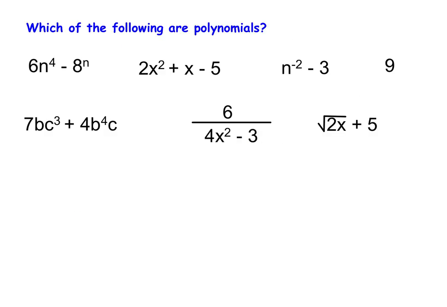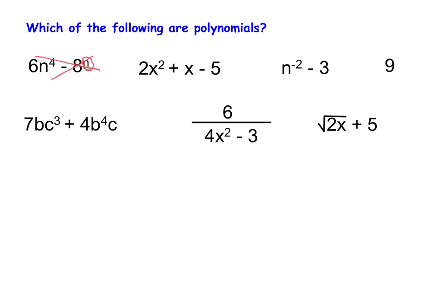So let's do a little practice here and quickly look for things that are not polynomials. So I have 7 different expressions here on the screen, and we're going to look at each one really quickly and decide, is it a polynomial or is it not? So if I look at this first one here, I notice that it looks okay until I see a variable and an exponent. That's something we're not allowed to have, and because it has just one variable and an exponent,